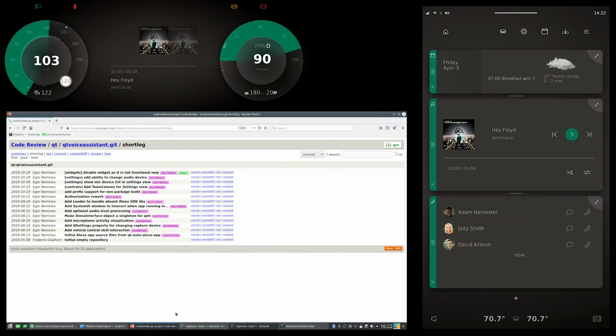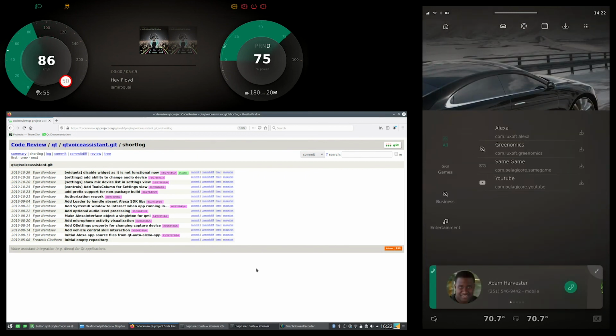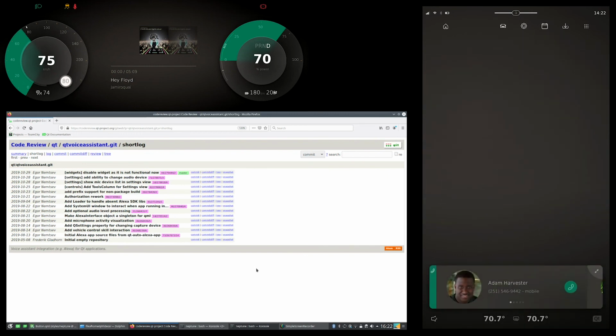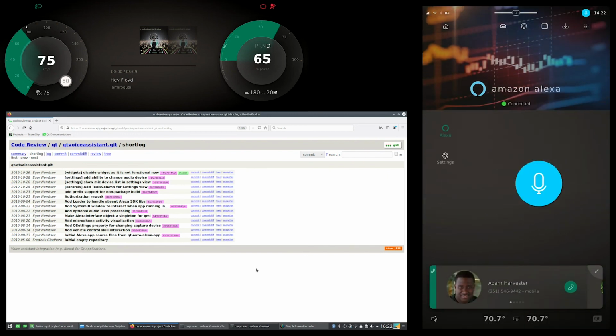I will keep it for a while on the desktop, but we will switch to the device itself. The device is shown as usual in two other video stream windows, and we will start by going to downloads and downloading and installing the Alexa app. Then we go to the launcher and launch the app. The first thing you might have noticed is that there is a blue microphone icon close to the watch in the top right corner. This is also a button which can be used to activate Alexa